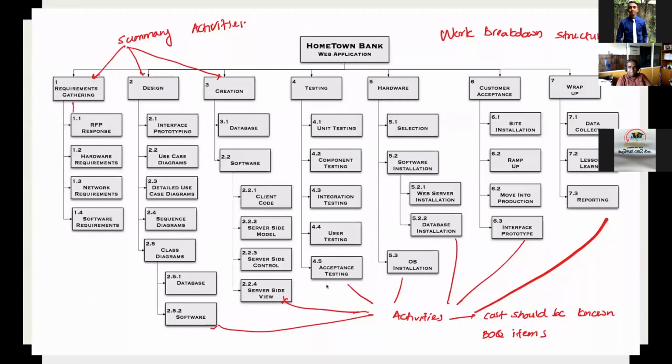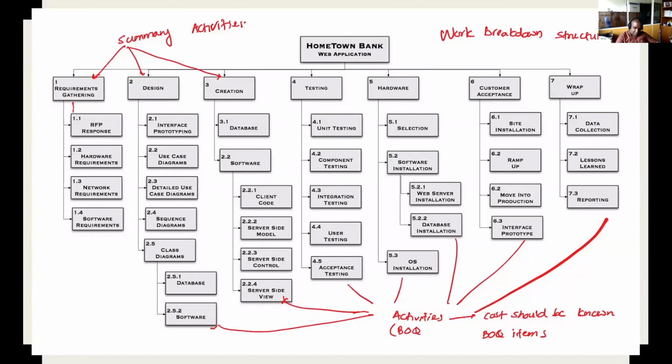What the sites normally do is they separate the work breakdown structure from the BOQ and develop a separate thing. It's just for showing off. It's not what we need. It's the same structure as it should be in the BOQ, and the costing should be done as per that structure. So the lowest level, of course, is costable because it's a BOQ item. Activities, these are BOQ items, or we call them work packages.